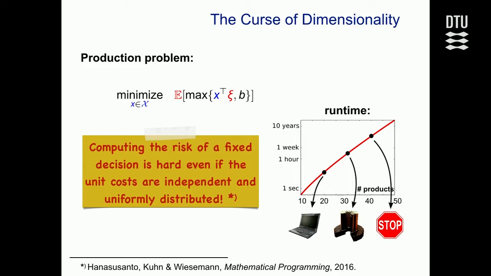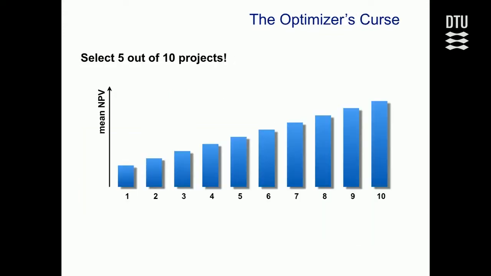Now, this is the first shortcoming. The second shortcoming, in my opinion, is even more severe. And that is that actually the distribution P of the uncertain problem parameters is never observable in practice. Distribution is something we make up in our minds to build models, but it doesn't exist. Distribution always has to be estimated from limited data or has to be inferred from expert advice, and therefore it's always affected by estimation errors. It's never precisely known. So that means that a fundamental input of our optimization model is simply unknown.